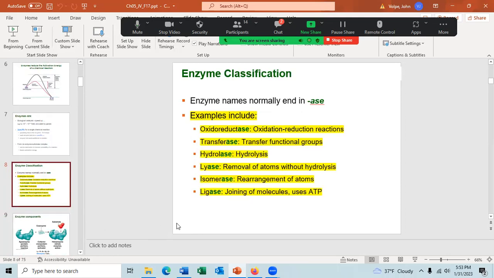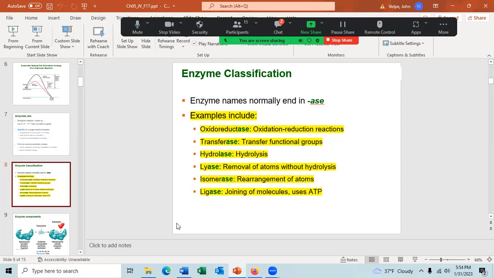All right. You should know that enzymes commonly end with ASE or ACE. You don't need to know the examples, but we'll talk about ligase, and we've already talked about, I think, catalase. And you may have run into an enzyme in biology